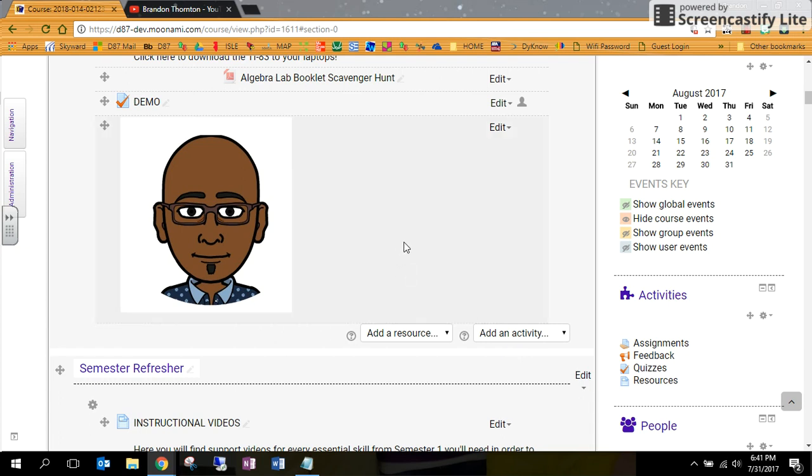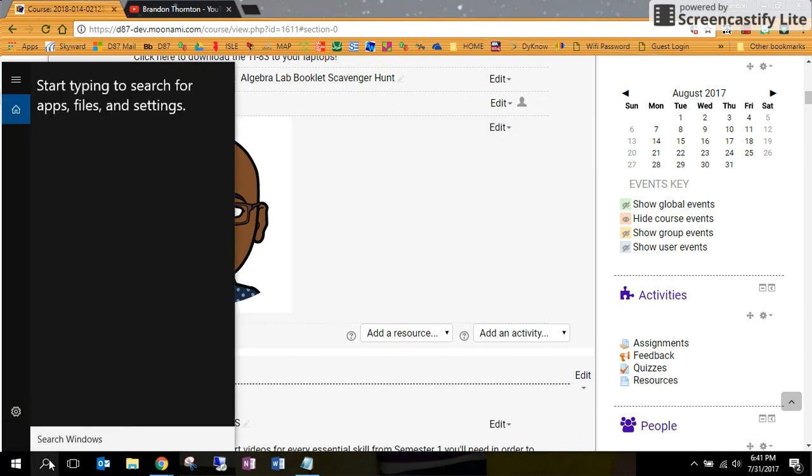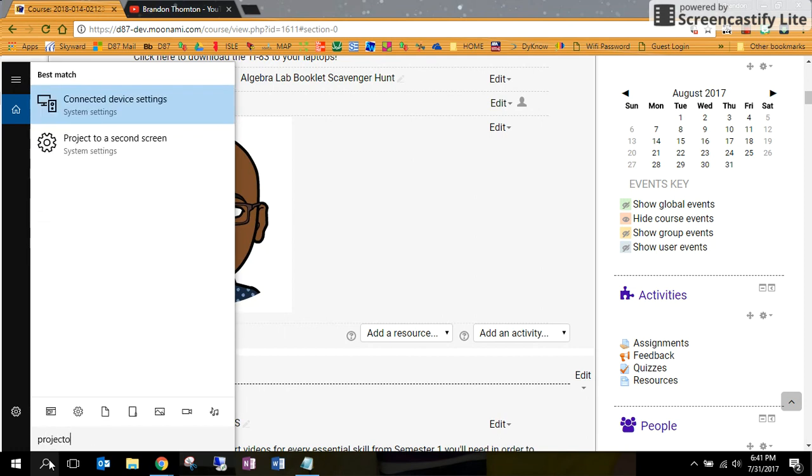So a couple of things about Windows 10. It's a little bit different than what we've been using before, especially with the shortcuts. One of the key things that you're going to want to remember is how to get to your projector. So if you want, type in the search bar, type in projector